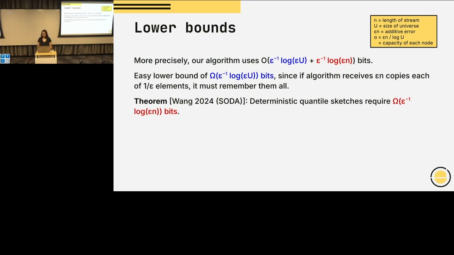However, there wasn't really a known lower bound for the other term. When we were trying to write this paper, everyone in the folklore, everyone in the literature, said there's an obvious lower bound of epsilon inverse log n. Well, no one wrote it down, so we were a little bit confused. We didn't actually know how to prove this epsilon inverse log n lower bound. We tried for like 10 minutes and couldn't solve it. We were like, is this actually non-trivial, or is there some silly argument that we're missing? We couldn't solve it, and then we looked at the literature and couldn't find it anywhere. We emailed people, and nobody seemed to know this lower bound that apparently was just folklore.